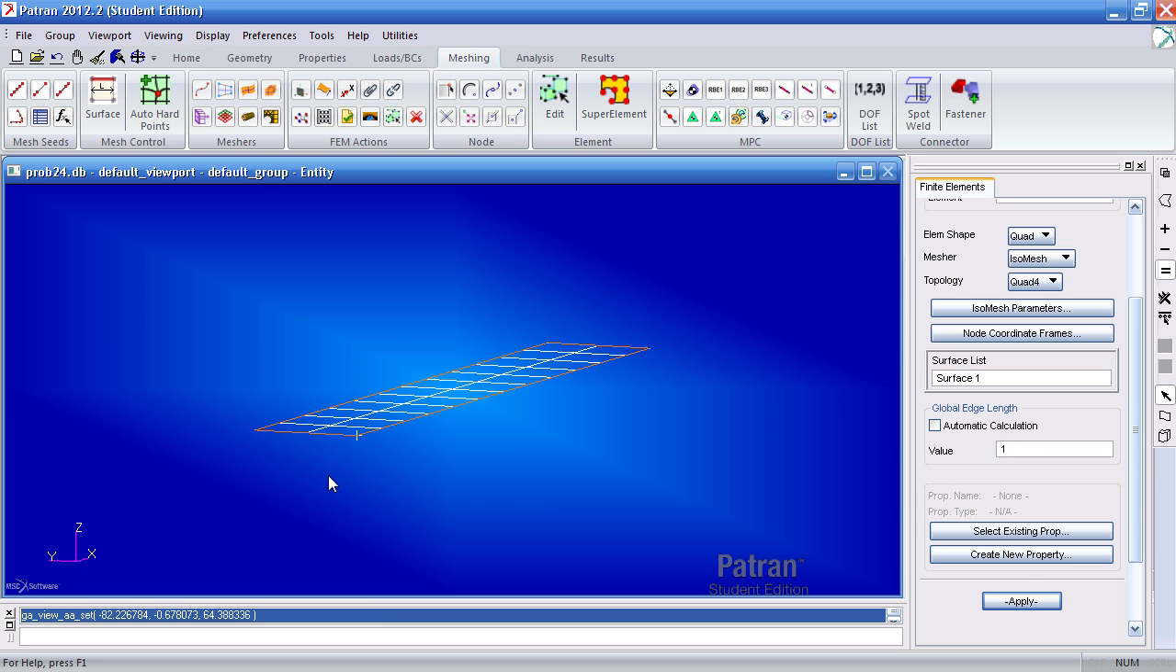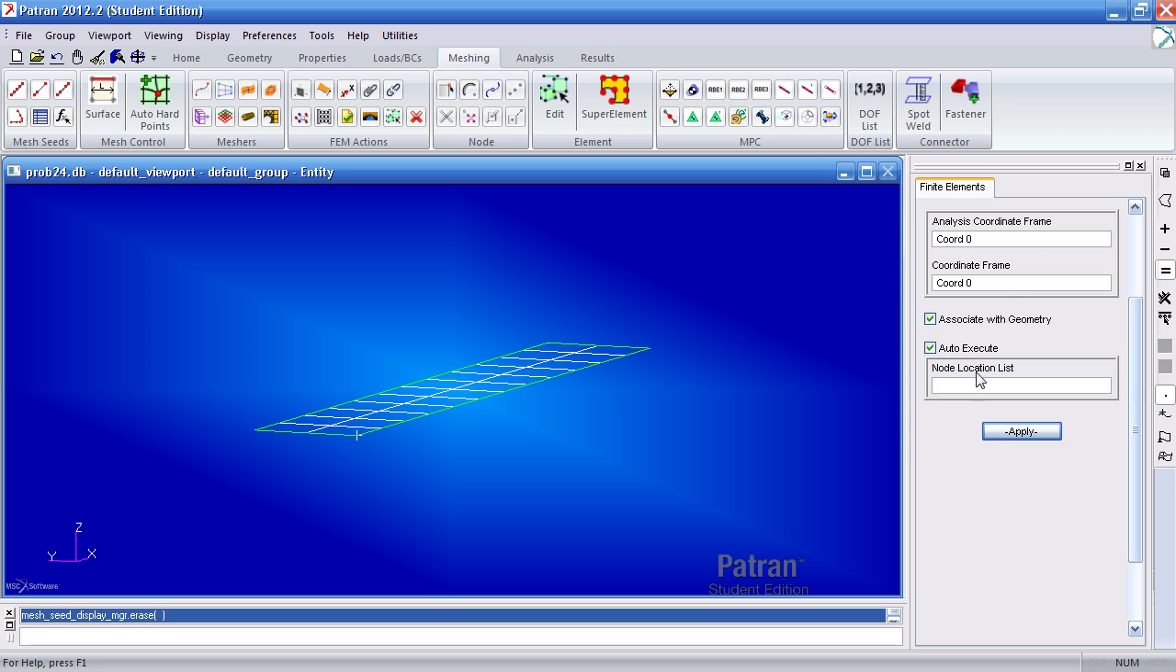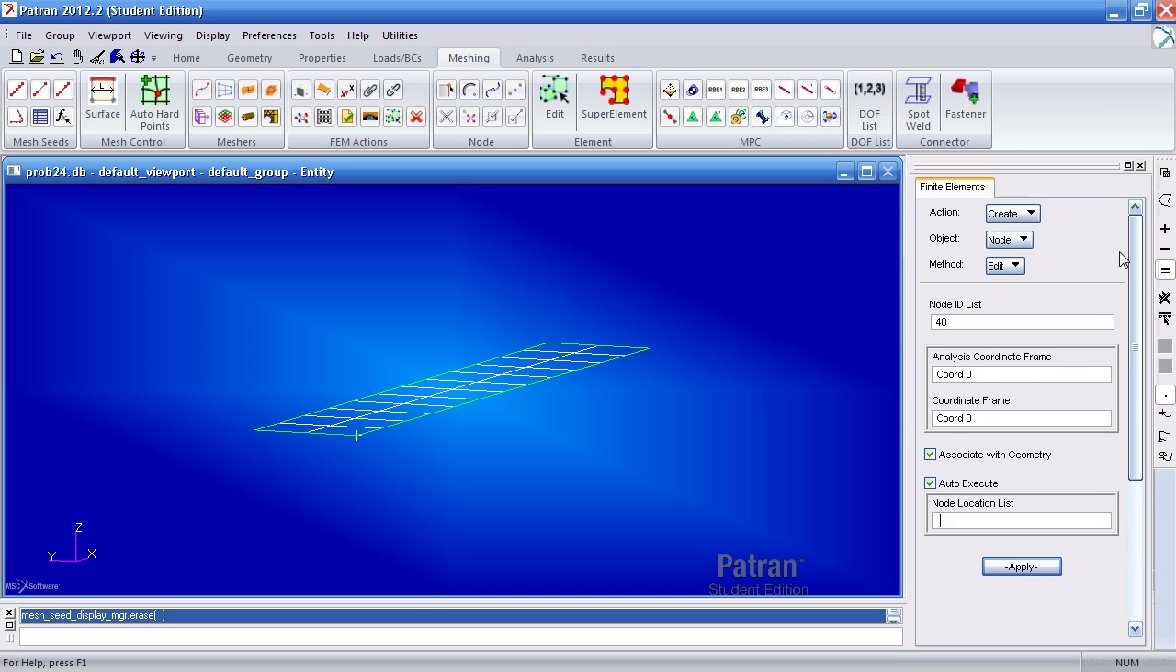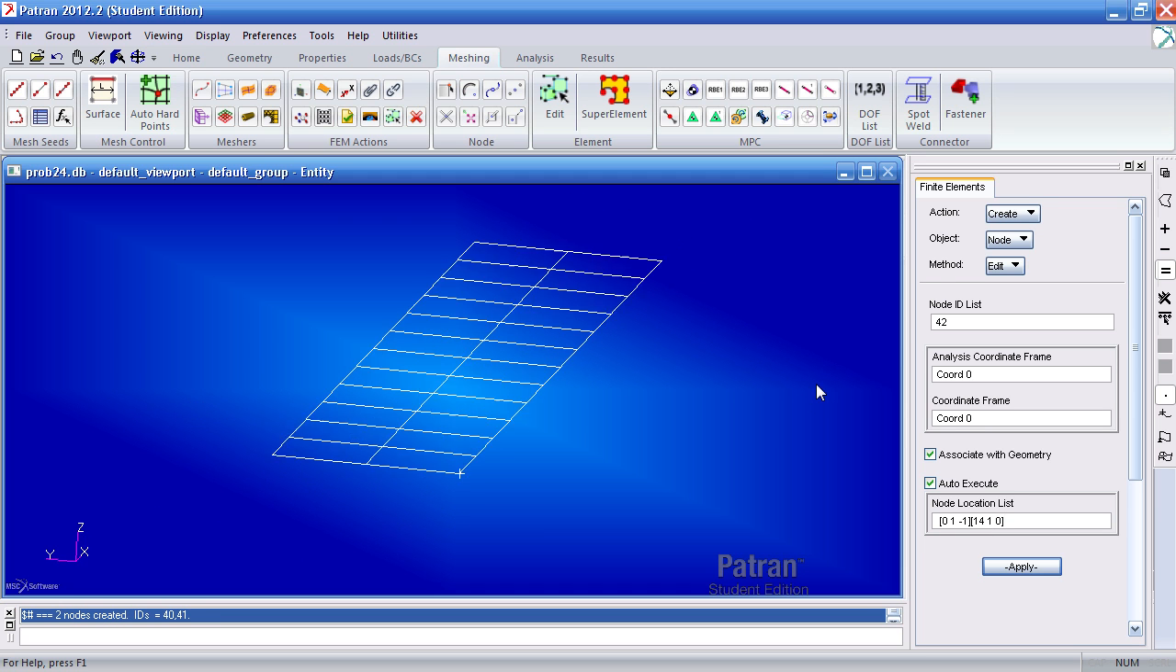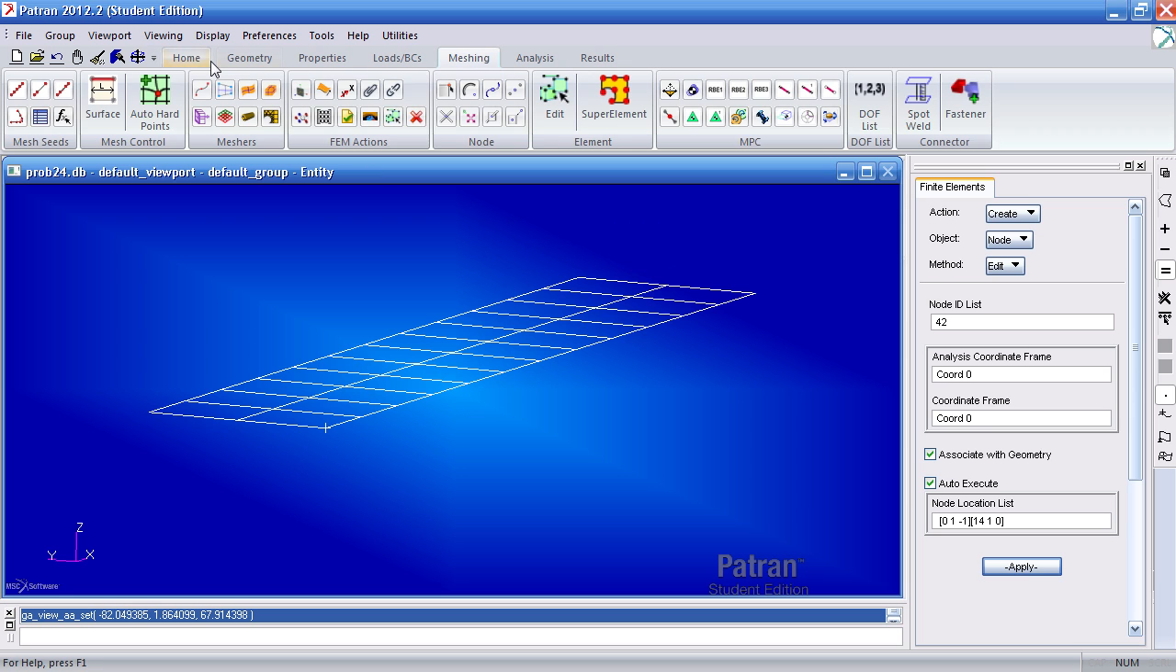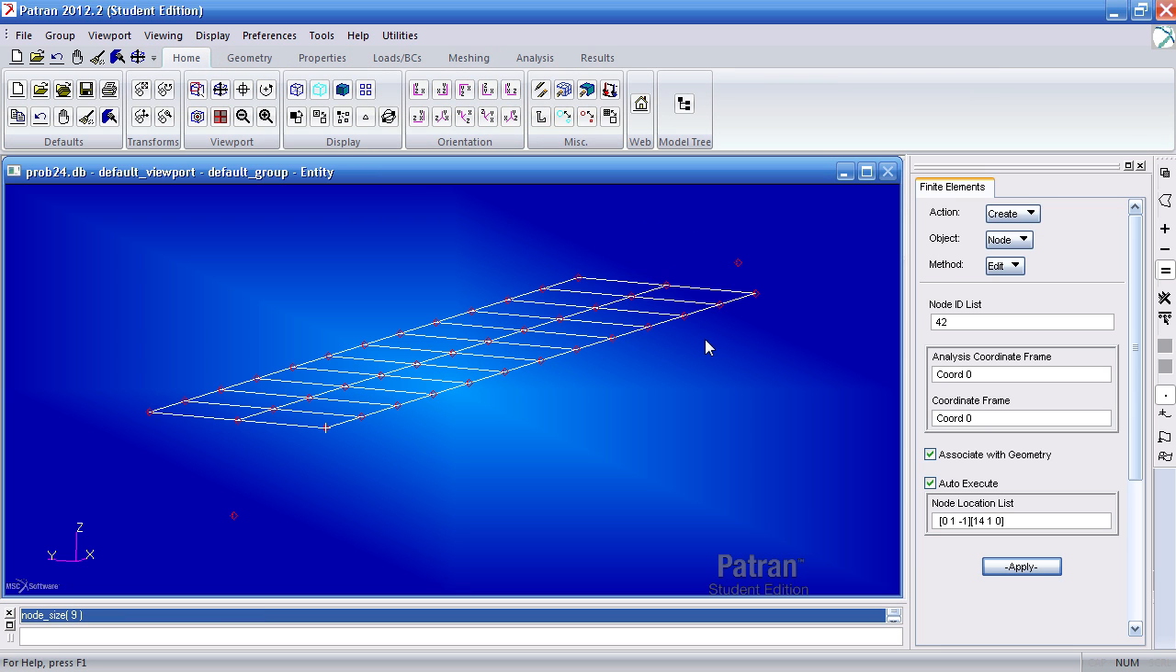Next, I'll define a node for my tip mass and my base mass. So here under node, edit, my first node is located at 0, 1, -1, and my second node is located at 14, 1, 0, and hit apply. To get a better view of the nodes, go to home and hit the node size, and there you have